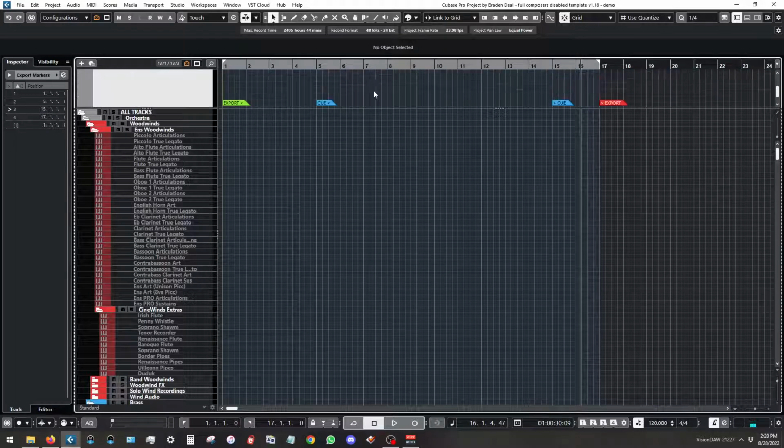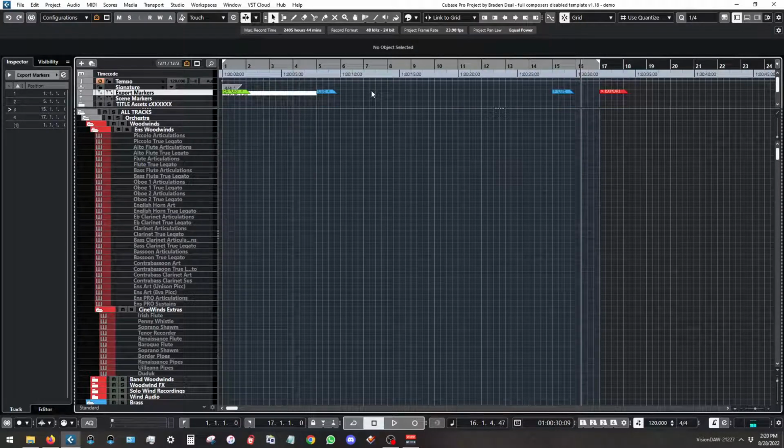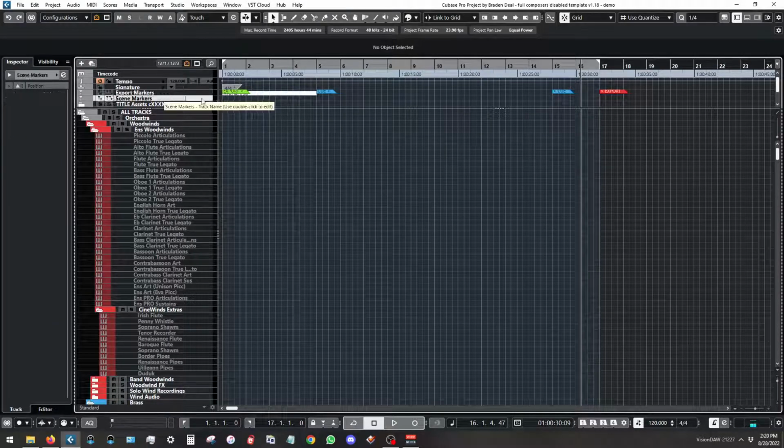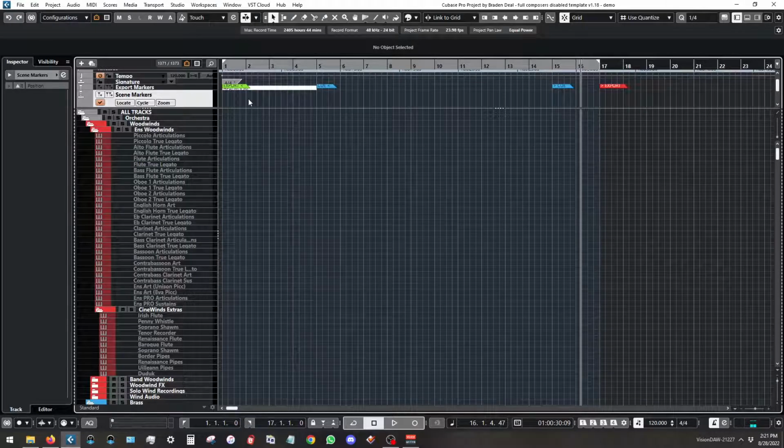And I kind of set that. And unless I augment that or change something in the cue, that's where it stays. So that's my export markers. Scene markers are, in a nutshell, just kind of for